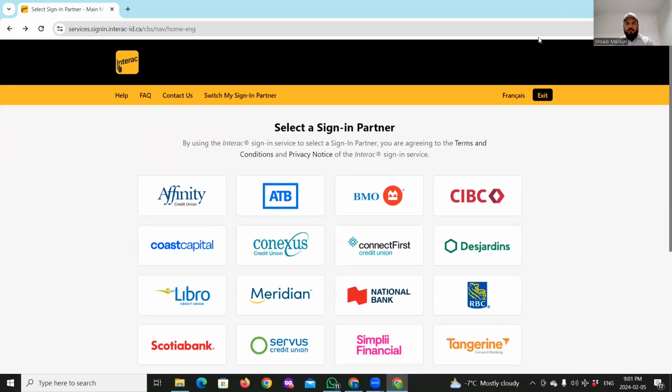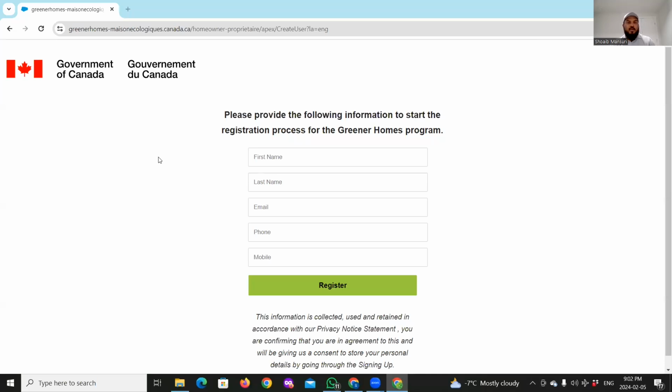So once you sign in through your banking partner using one of your banks, it will take you to this page. So here you can type in your name. So here I'm going to put my name,